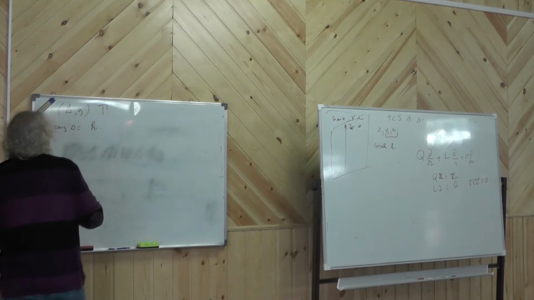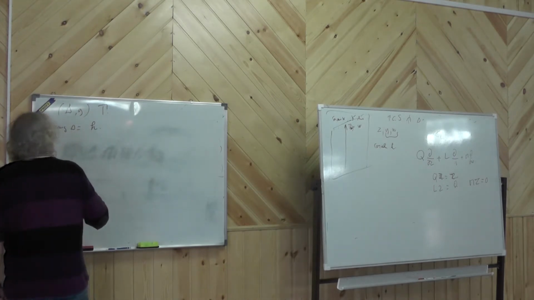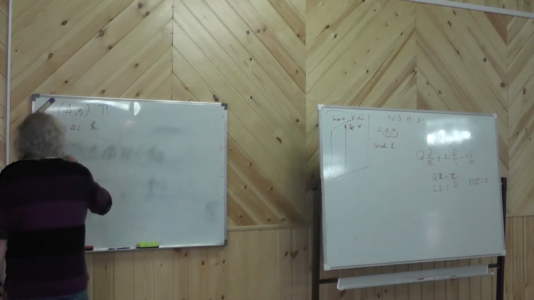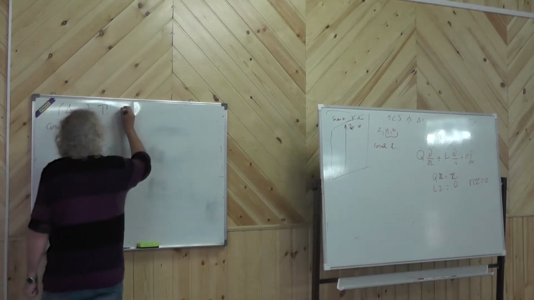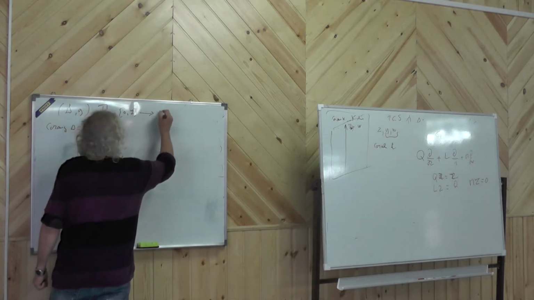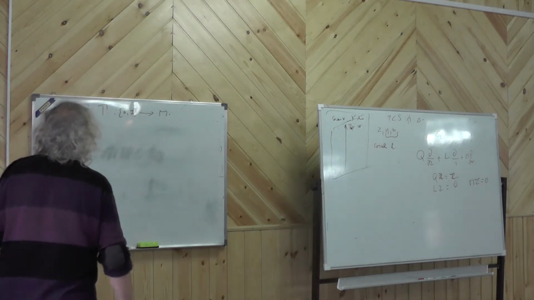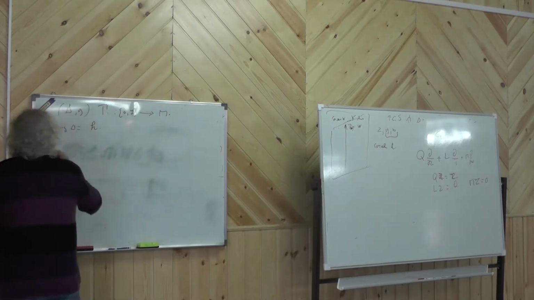So gamma is from 0, 1 to M, okay? And the corank of delta is equal to k, and so